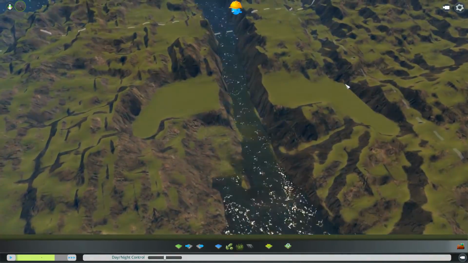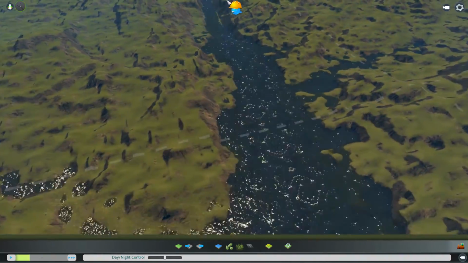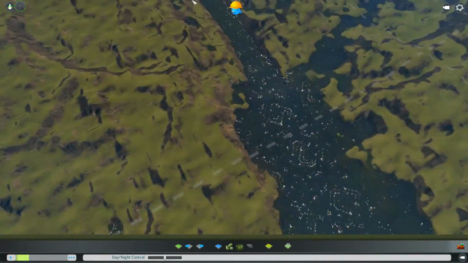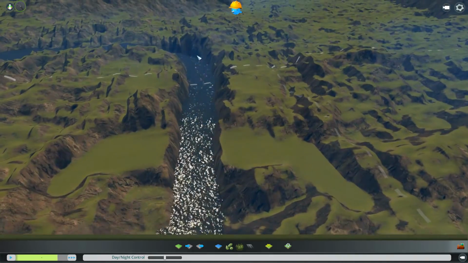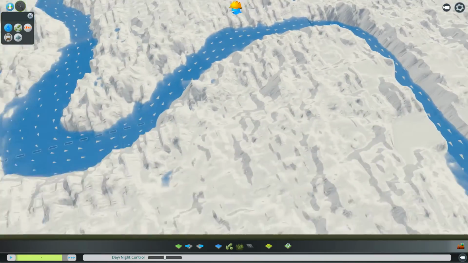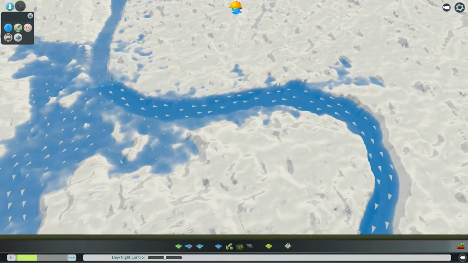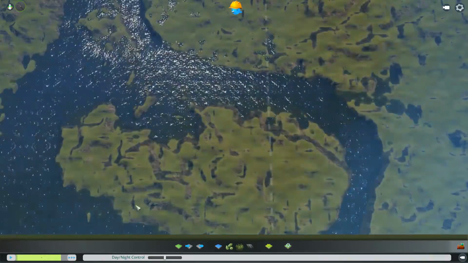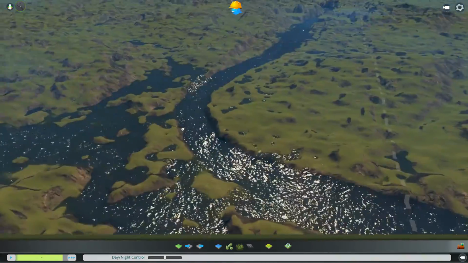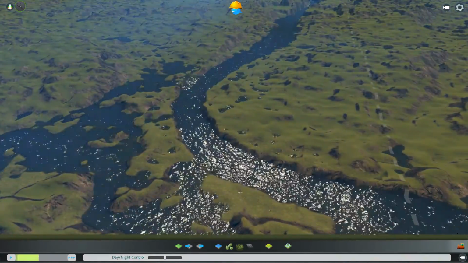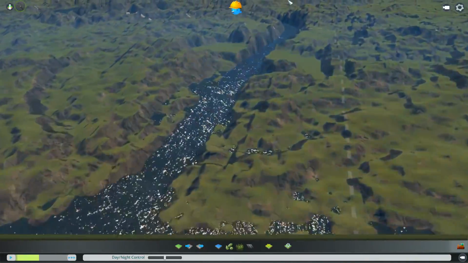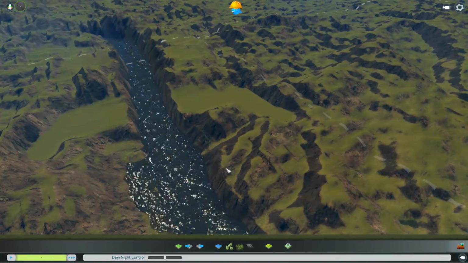Welcome back again. You can see that the water's sloshing about a bit now, but I think we've got enough of a flow to try things out. If I just show you this, we've got quite a strong flow through here, so I think we've got enough. I'm not going to worry too much about down here, because you can see the pressure wave. These are caused by resistance in the water. So I think we've got enough done at the moment for me to take it to the next step,